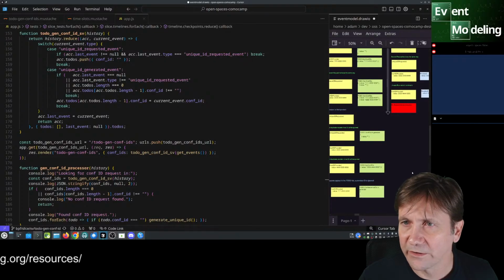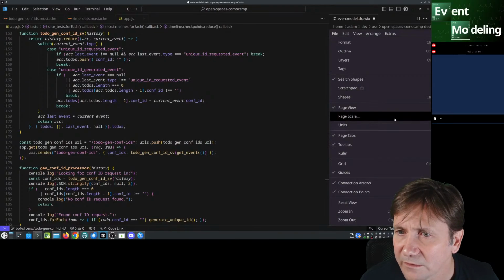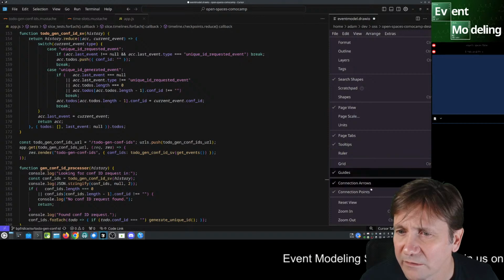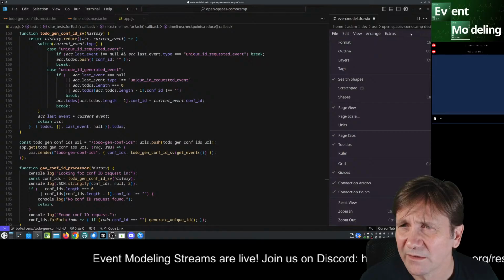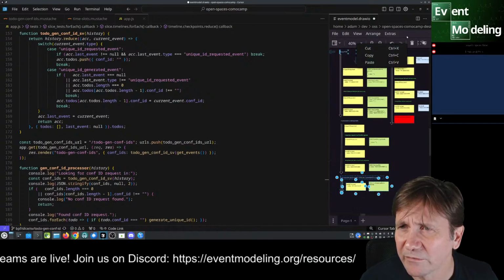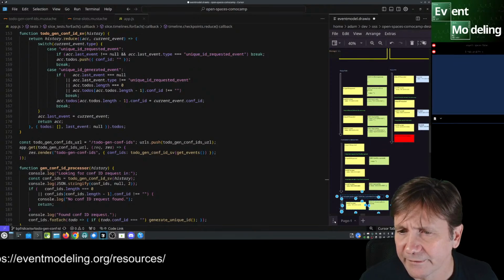Like OCR this. I don't want to see this page tabs, guides. How can I turn this off? Oh, this page tabs thing.